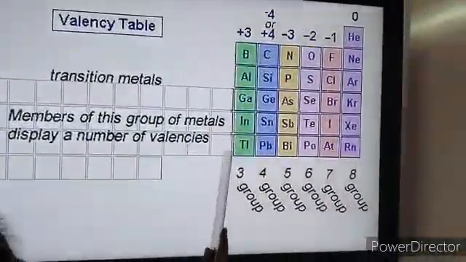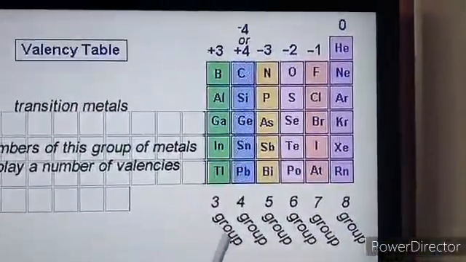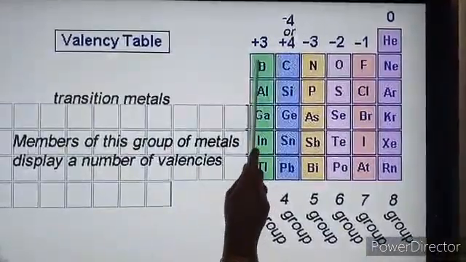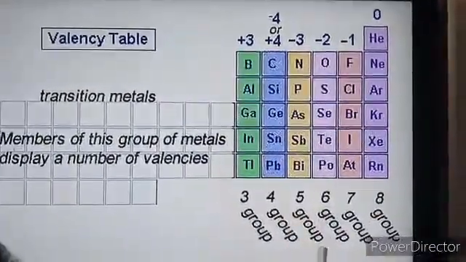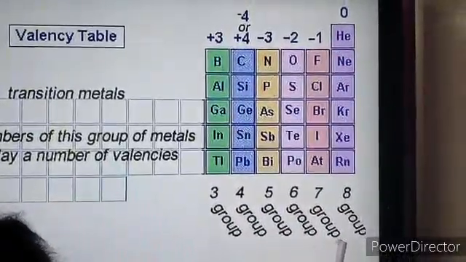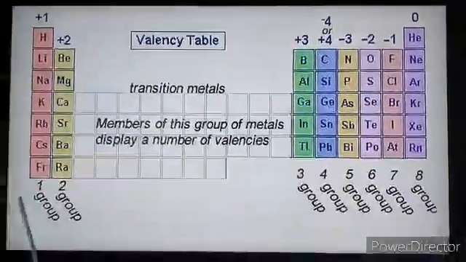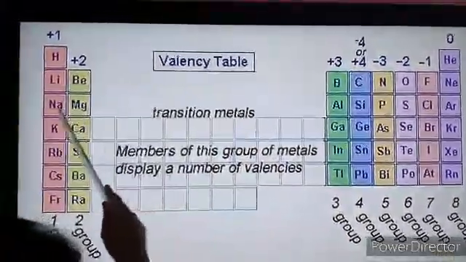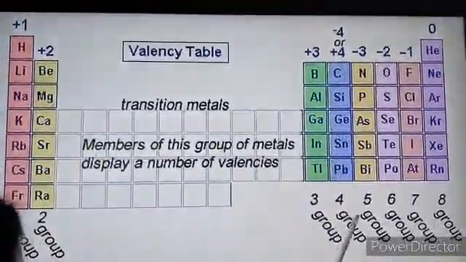And coming to P block, the valency of third A group is 3, and the valency of fourth A group is 4. The valency of fifth A group is 3, sixth A group is 2, seventh A group is 1, and eighth group is 0. So up to fourth group, the valency is equal to the group number.